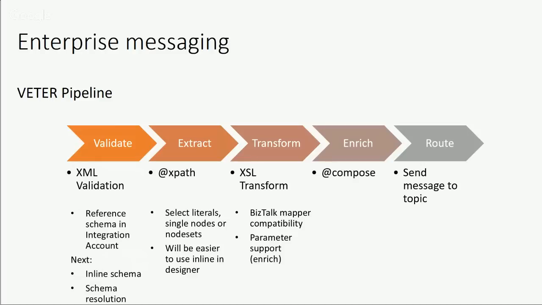Then we have this enrichment stage. This is the idea where you've pulled content out of an XML document, or you received it from maybe another source, and you're aggregating in a logic app, and now you want to create a new message that you want to send out. So we have this compose function, which we talked about a little bit before, which lets you create new data from existing data. The inputs into this will let you compose a new output from those inputs. You could take the output from the XML transform and a bunch of other things and construct something new out of that, and then you can push that on using our Service Bus integration to topics and subscriptions, so you have multiple subscribers to the output of that messaging.